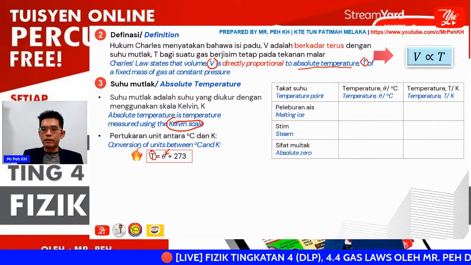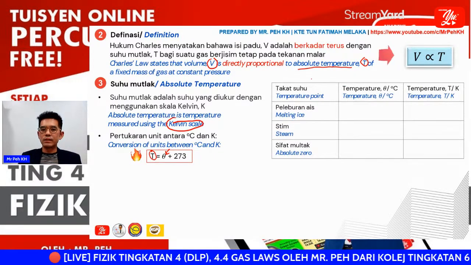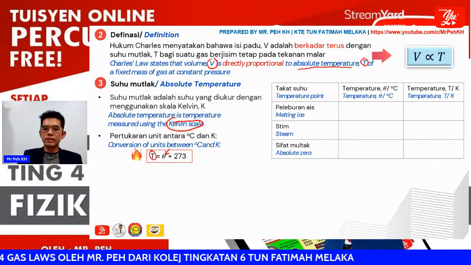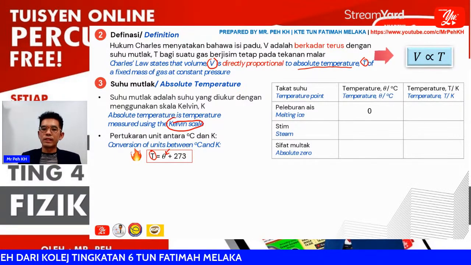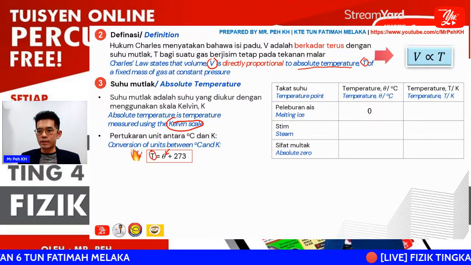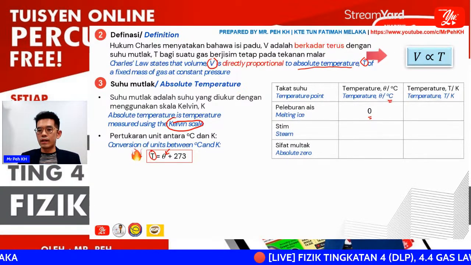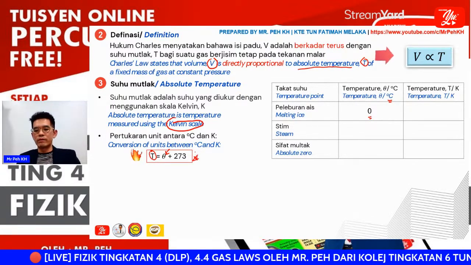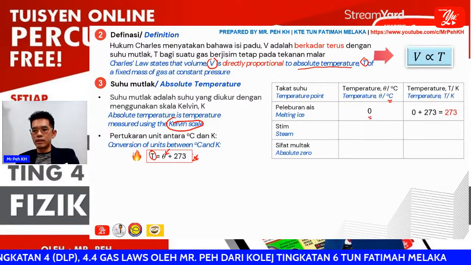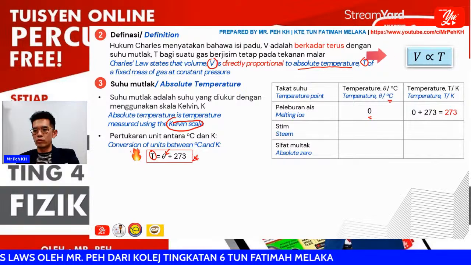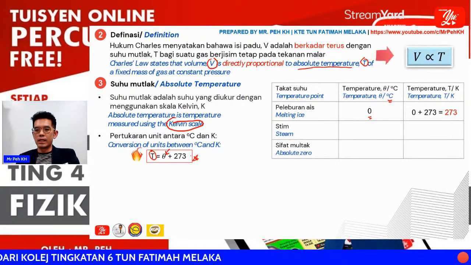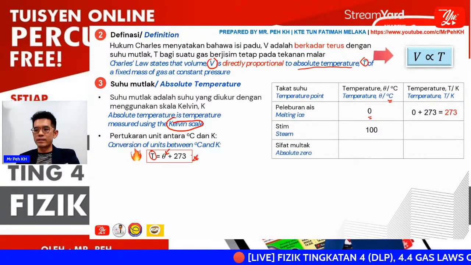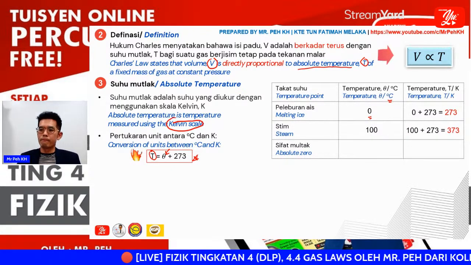Here we have a table to discuss how we convert the unit of temperature between degrees Celsius and Kelvin. The first, we already know that the melting of ice is at 0 degrees Celsius. When converting 0 degrees Celsius to Kelvin, you need to apply this formula: we plus 273. So in Kelvin, 0 degrees Celsius is equivalent to 273 Kelvin. Then steam is at 100 degrees Celsius. Converting to Kelvin, plus 273, so we get